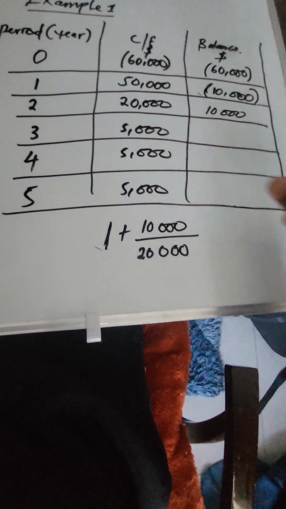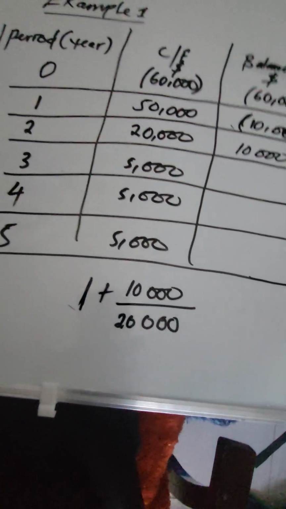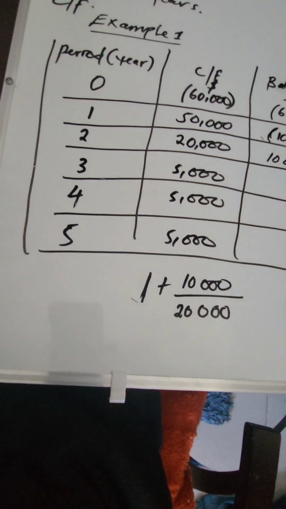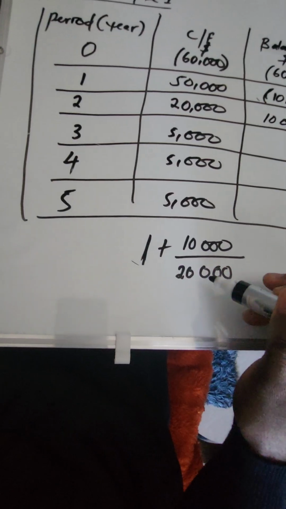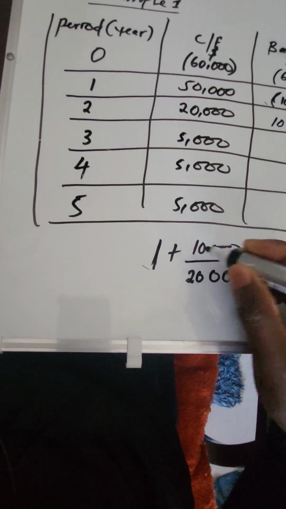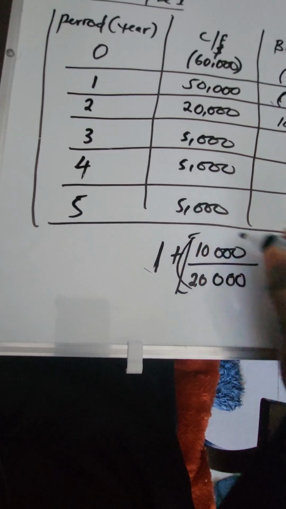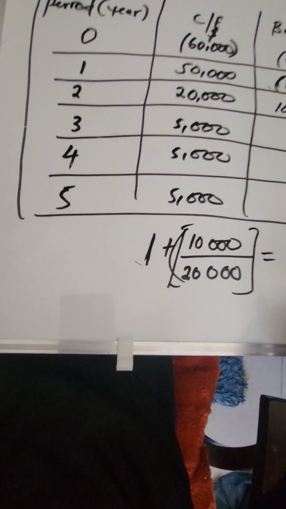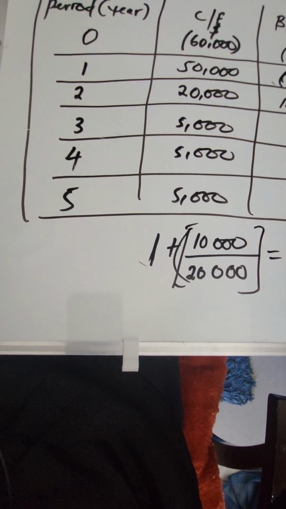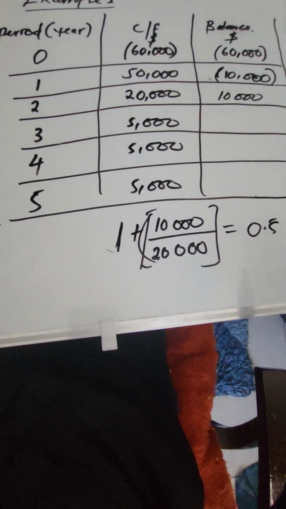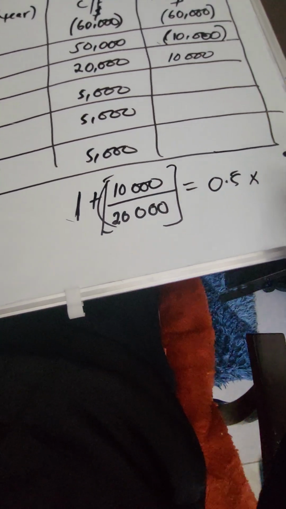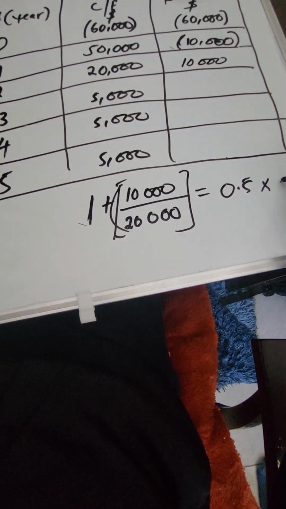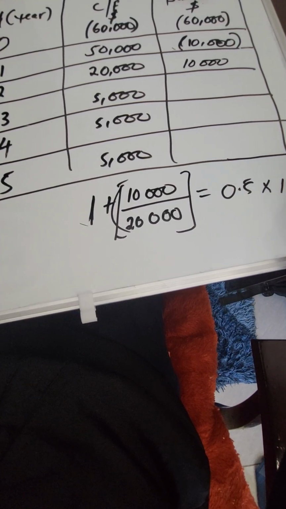Okay, so now when we divide our 10,000 divided by 20, this part alone, it's going to give us a 0.5, right? So this 0.5 multiplied by 12 months,